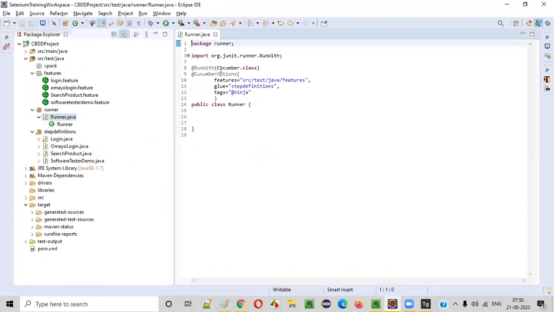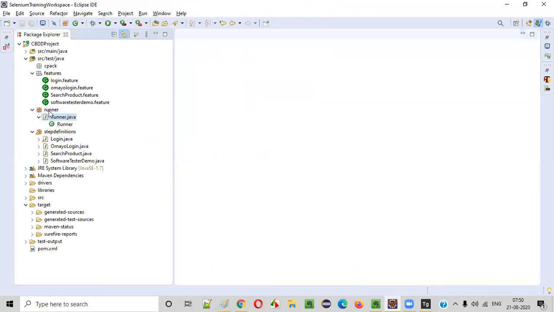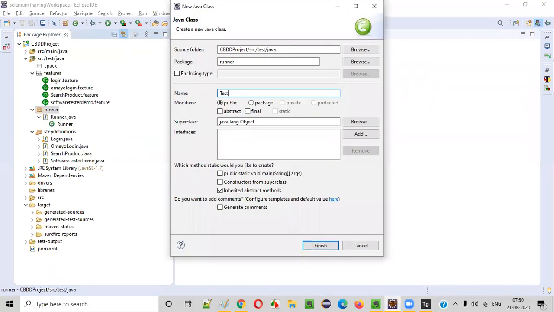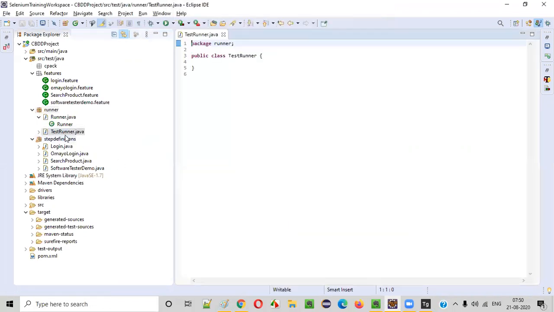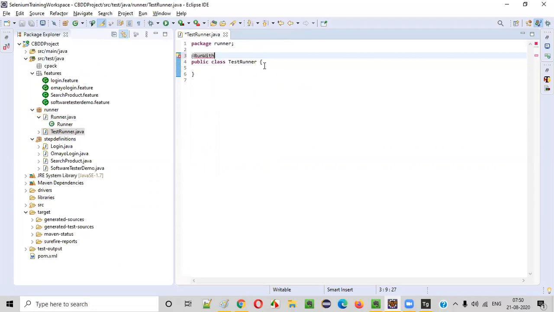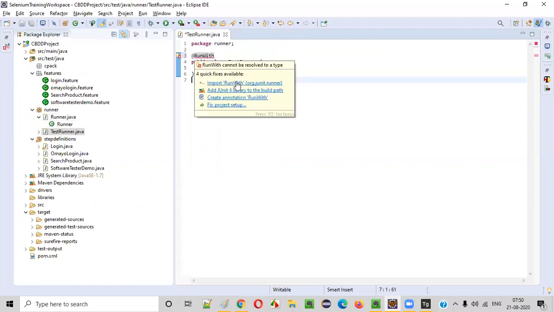But I want to create another runner class, guys, for TestNG. I'll name this with a different name, let's say TestRunner. For TestNG, I want to create TestRunner. So here, can I provide @RunWith? For JUnit I have to provide @RunWith. This is from JUnit, guys. I don't want to use JUnit now.